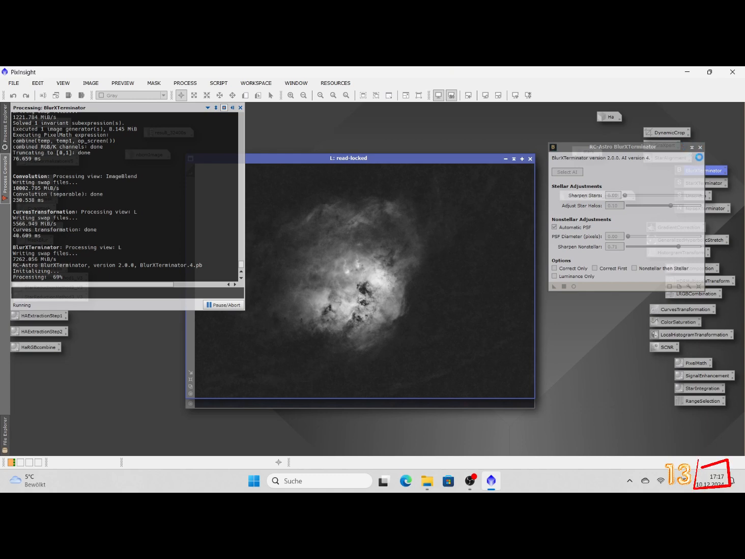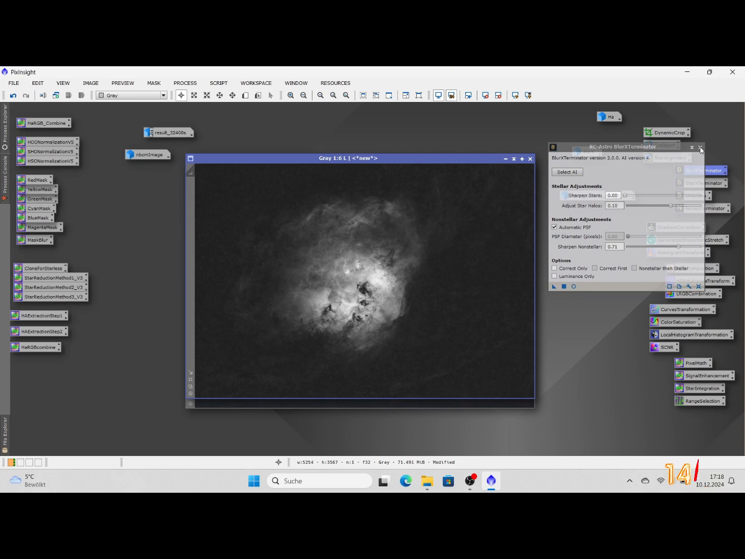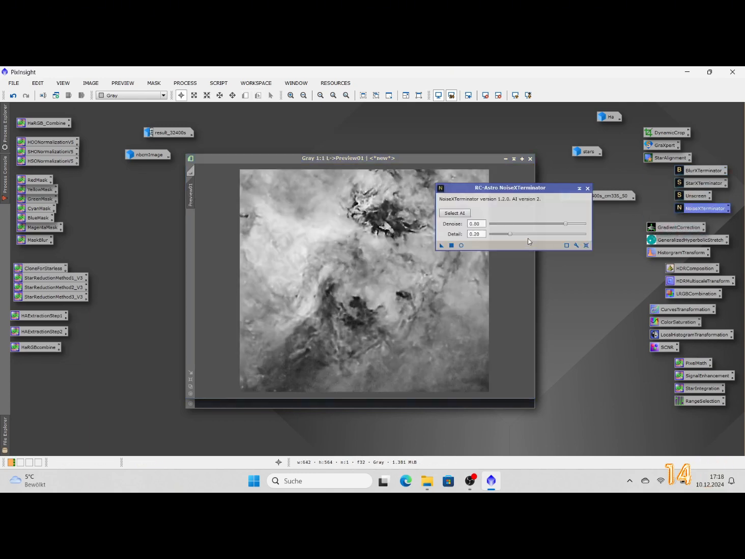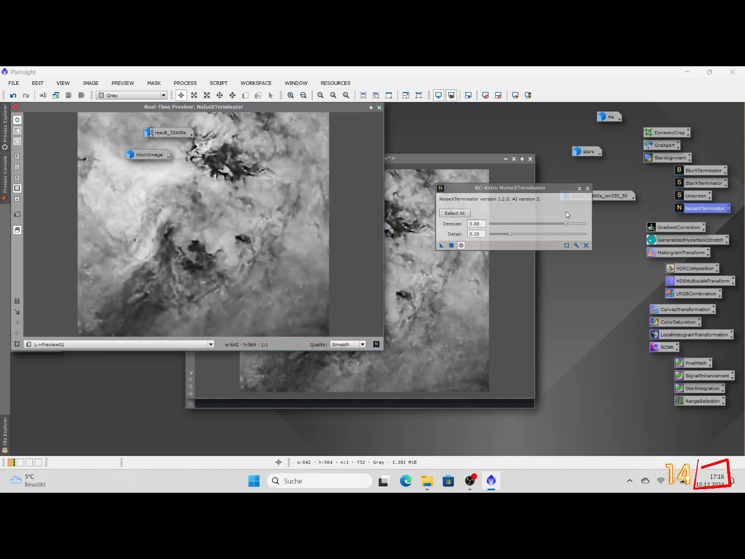And the process completion is counting up. So here we are, and still on the luminance I'm drawing a new preview because I accidentally deleted it. Now I'm applying some NoiseXTerminator to the luminance again, and I usually work from high to low values,